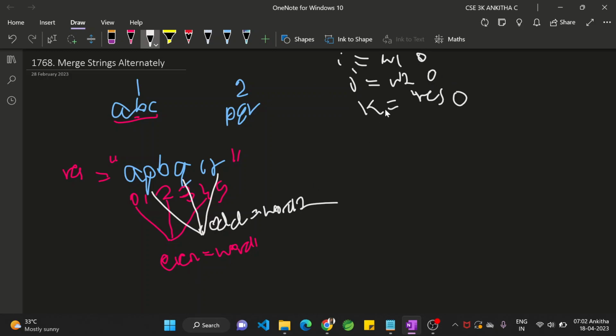So consider, what if the resultant string position is even? If the resultant string position is even, then we have to append the characters of word1. So if k modulus 2 is equal to 0, that means the remainder is 0, which means the given position is even. Then in such a case, you do resultant plus equals